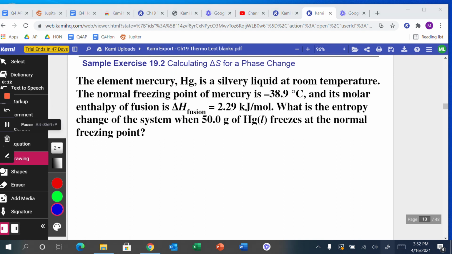The element mercury, Hg, is a silvery liquid at room temperature. The normal freezing point is negative 38.9 degrees Celsius. Its molar enthalpy of fusion is 2.29 kilojoules per mole. What is the entropy change? They're looking for delta S when 50 grams of mercury freezes at the normal freezing point. Okay, so the formula you're going to be using is